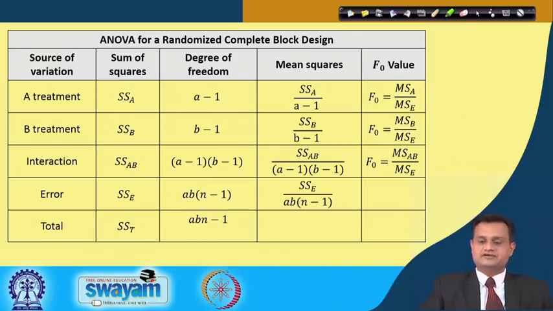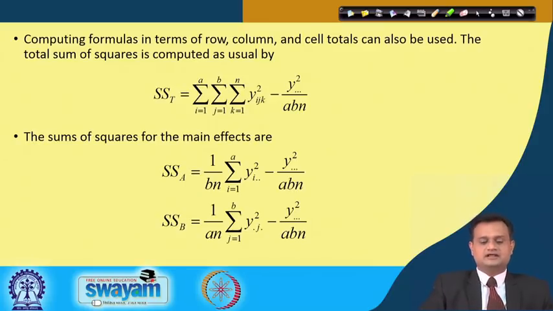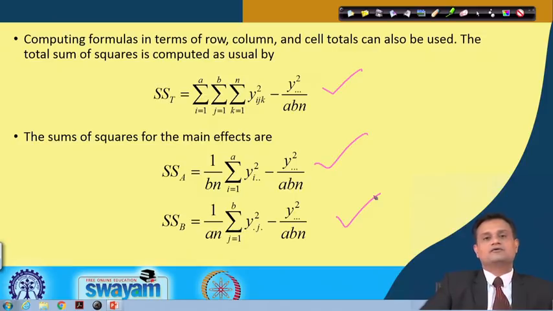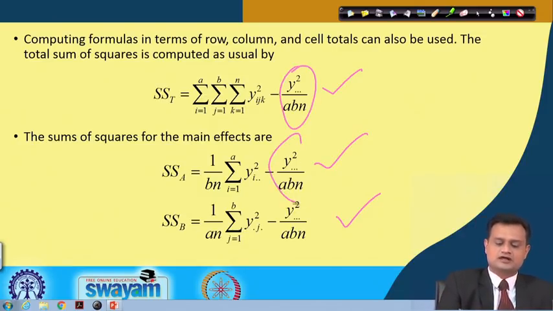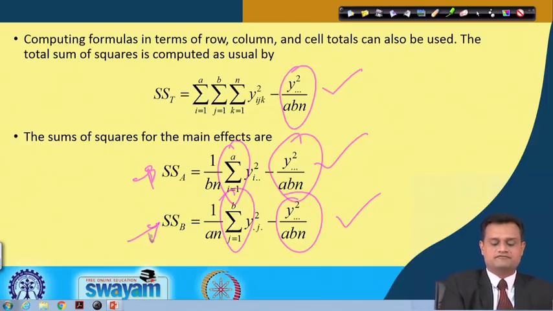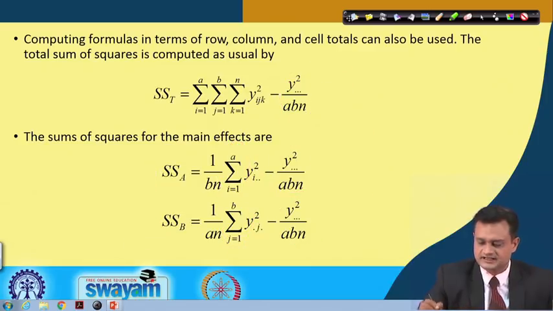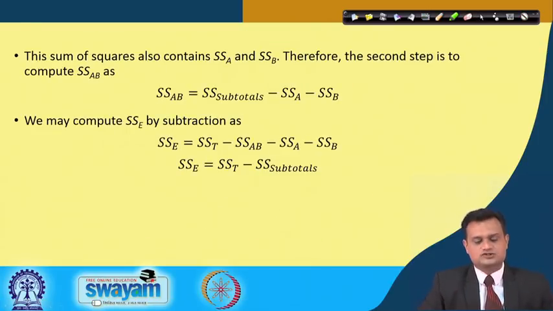So once you have done this, then it is very easy to analyze the significance of treatment A, treatment B and interaction, and then you can easily use these expressions SST, SSA. Here it is with respect to the grand mean, and because this is your row effect, so i is equal to 1 to a, j is equal to 1 to b, column effect, and you can easily find this value. So interaction effect and error.